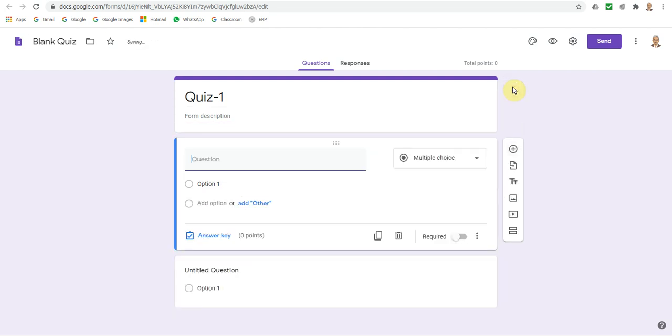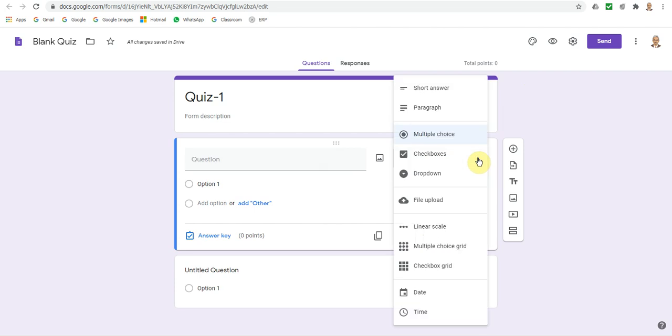So when you click here, there are options. It could be a question where the student needs to give a short answer or a small paragraph, or multiple choice questions, or check boxes, or drop down. So multiple choice question is where there are 4 options, of which only one is the right answer, which the student needs to choose. And check boxes look similar to multiple choice question, but the only thing is, for a given question there will be more than one answer which the student needs to pick. In other words, he needs to check the boxes.